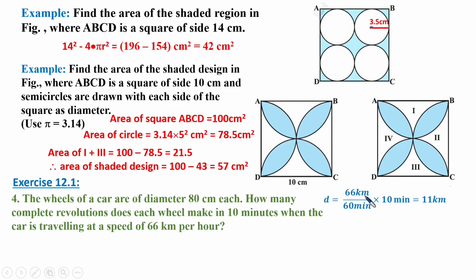So here distance traveled will be speed into time, because speed is distance traveled per unit time. This time and this time will get cancelled. You will get the distance traveled. So D is 66 km per hour into 10 minutes by 60 minutes. So it will travel 11 kilometers. And so